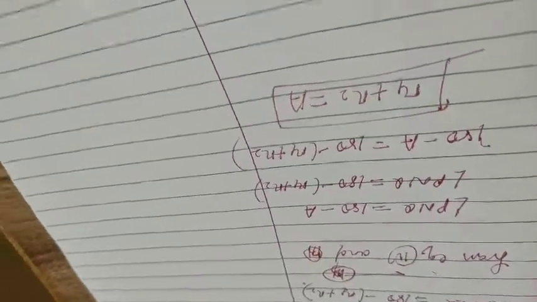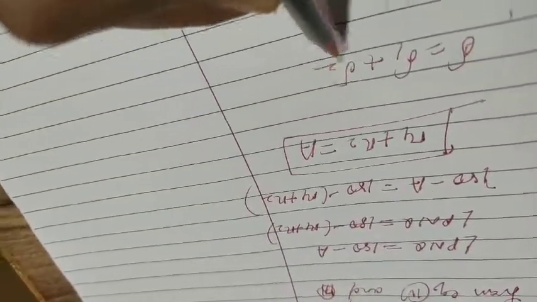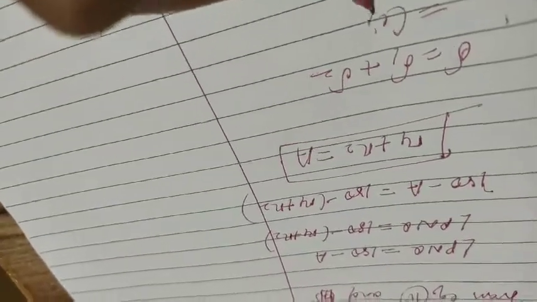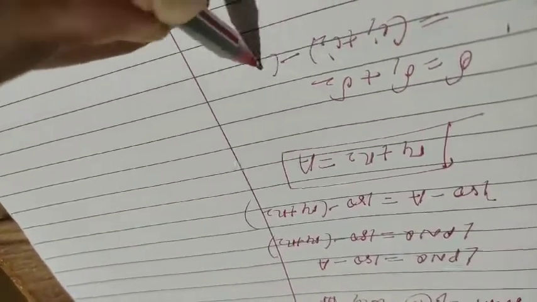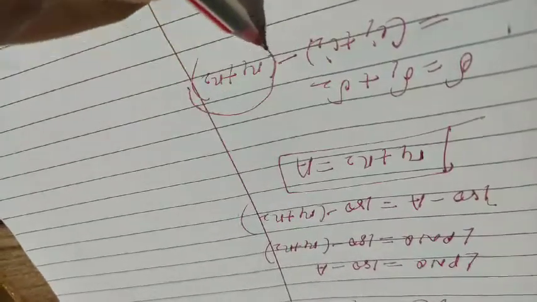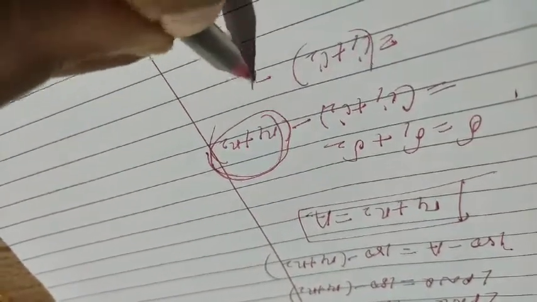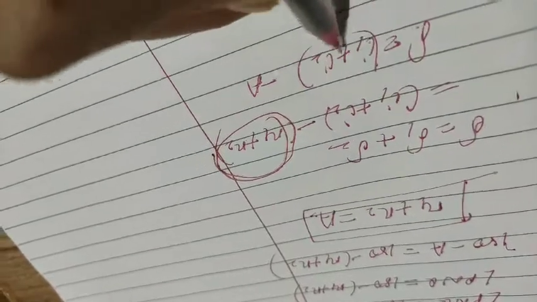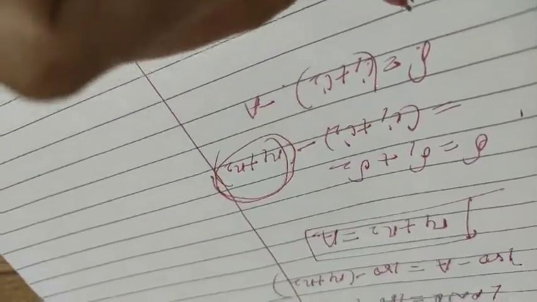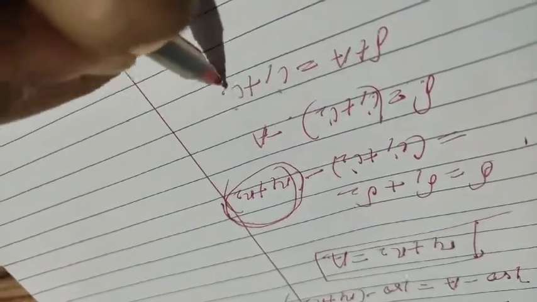Clear? Now beforehand what equation have I written? That is delta is equal to delta 1 plus delta 2, and what we have got? I1 plus I2 minus (R1 plus R2), which is the first equation, right? So here at this position I will put the value A. So it is I1 plus I2 minus A. Delta is equal to I1 plus I2 minus A. So delta plus A is, student, how much? I1 plus I2. So this you have to remember.